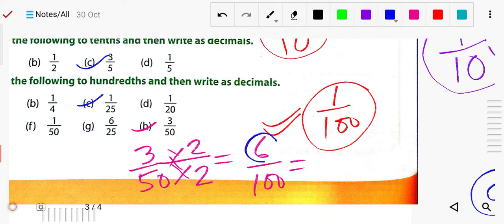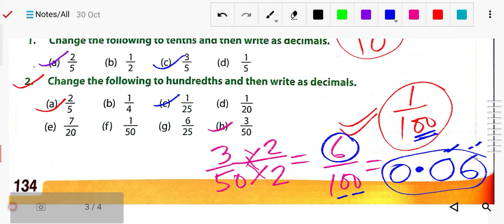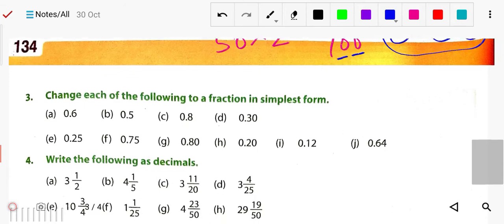Now this 6 we will write the same here. Now count how many zeros? 2 zeros. So count 2 places, 1, 2. Then after that here is nothing, so if there is nothing, put the 0. Then after that your 1, 2. Then after that the decimal, because 2 zeros, so before 2 digits we have to place the decimal. So now this is your answer. Okay, now next you can see, next number 3.